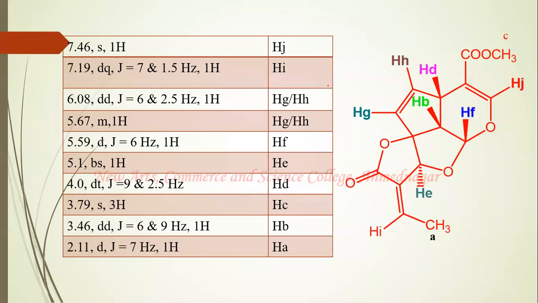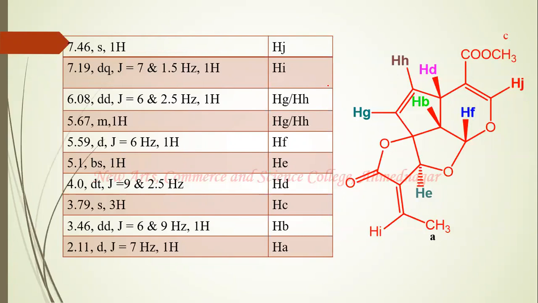Hello students, today we will assign the signals to the different protons in this molecule. In your question paper, such types of problems are asked. So whenever you have to attempt this type of question, you must look at the chemical shift values as well as the coupling constant values. You have to write the answer which includes explanation for the chemical shift values as well as the coupling constant values. That is, you have to justify, you have to explain the chemical shift values as well as coupling constant values.